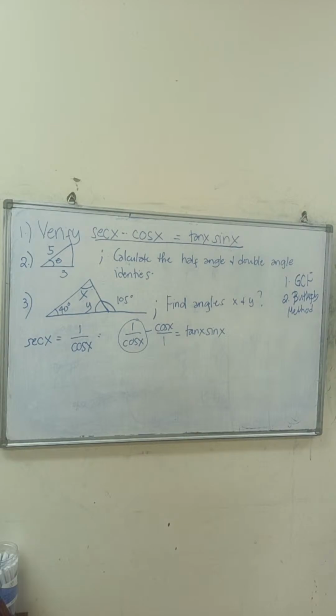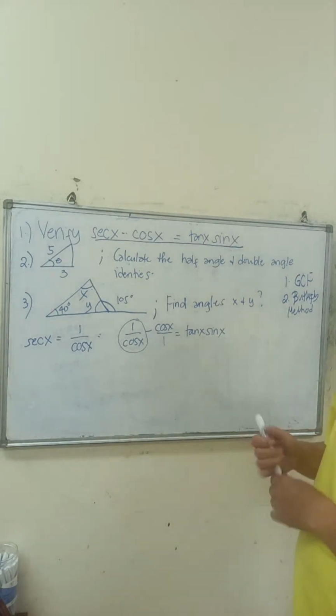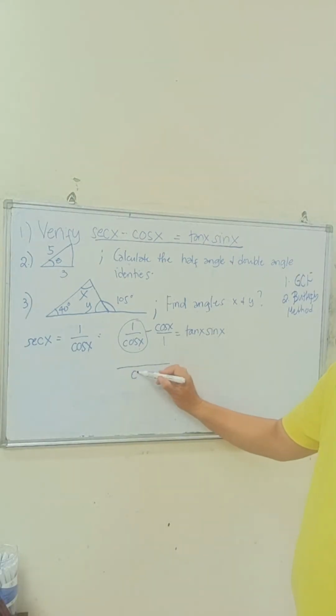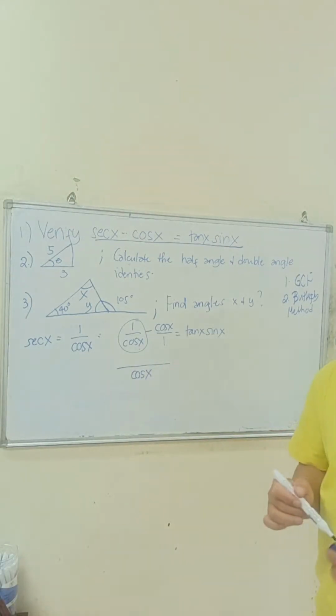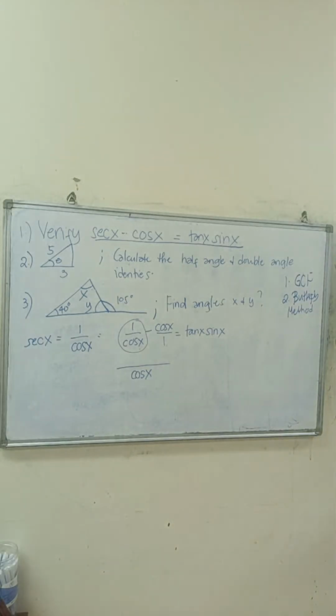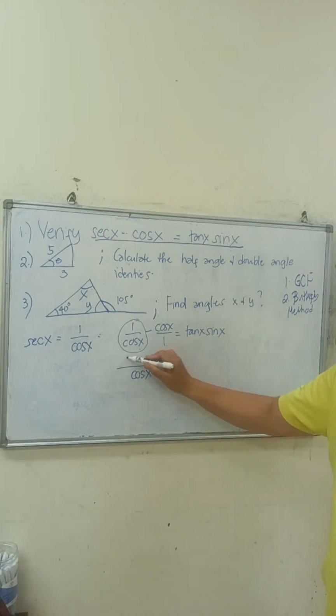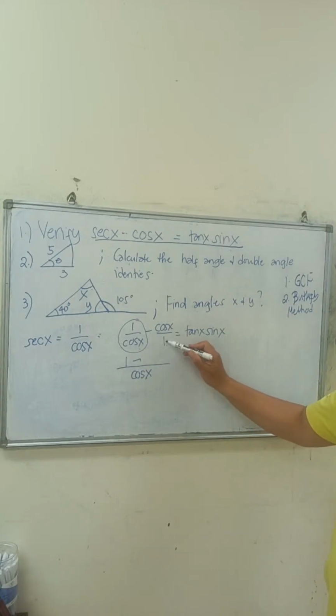So we have here 1 over cosine x minus cosine x over 1. We need to get the GCF between cosine x and 1. Cosine x times 1 is simply cosine x. That is the procedure: you multiply each denominator, especially if the denominators are not the same. Here is a trigonometric function and a number one. So 1 times cosine x is cosine x. Cosine x divided by cosine x is 1, 1 times 1 is 1, and cosine x times cosine x is cosine